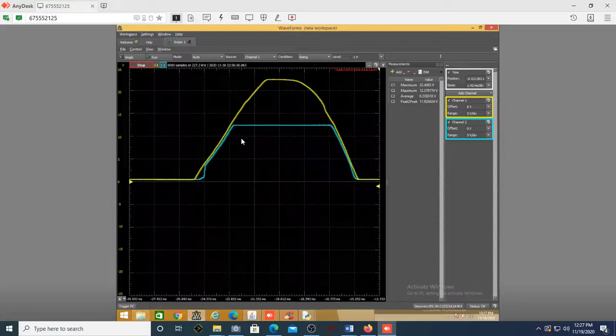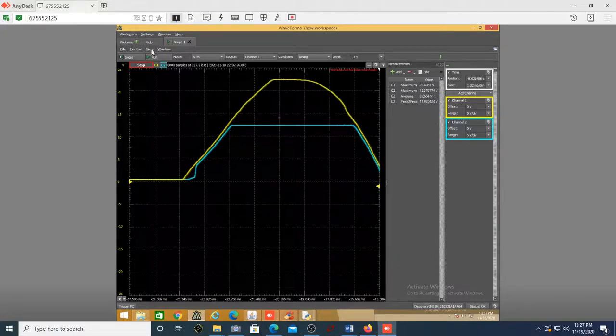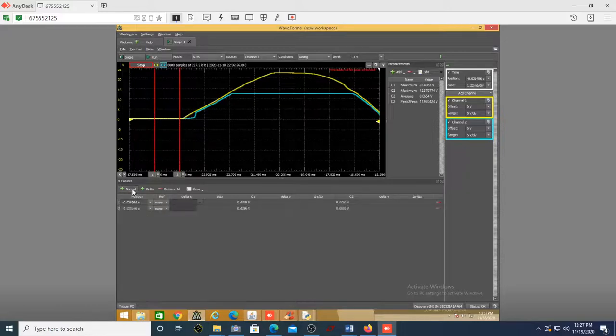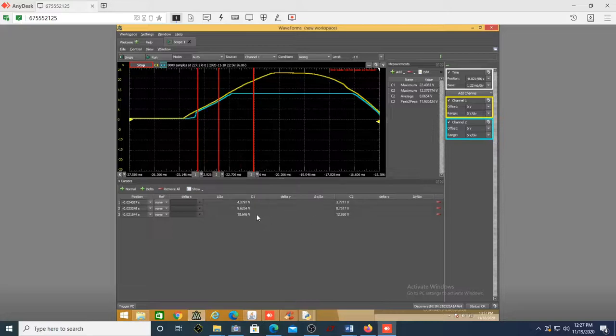Now this is for a 12 volt regulator. Maybe it is 12 point something voltage. You can just put a few X cursors. You can see this voltage is a bit less. This is more than what is minimum required. Can you see here, for 4.3 it is 3.7, for 9.6 it is still 8. Now you can see for 9.6 it is not yet saturated because I am working with a 7812 regulator. It is a 12 volt regulator.